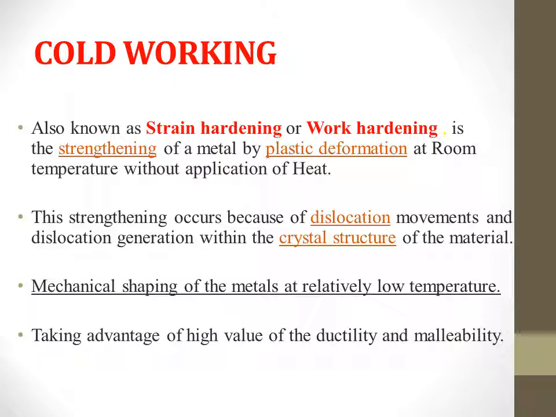So there is no application of heat and it is done at room temperature. And the strengthening occurs because of the dislocation movements and dislocation generation within the crystalline structure. Because of the free electrons that are able to move, we are able to give the metal or alloy the desired shape at room temperature. So simply it can be said as the mechanical shaping of the metals at a relatively